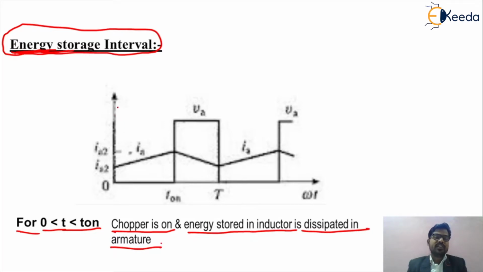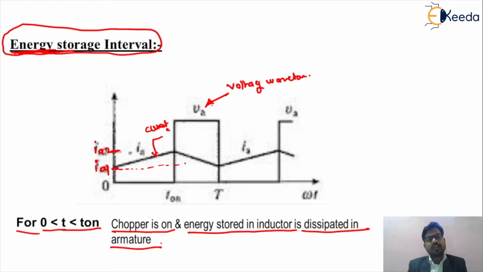So friends, this will be the representation of your current and voltage waveforms. First of all, these are the two different waveforms. This will be the voltage waveform, and this will be the current waveform. The value of current is called IA1. This will be the value of the current IA2. What do you mean by IA1? It will be the starting or initial current, and IA2 will be the final current. So this is called IA1.